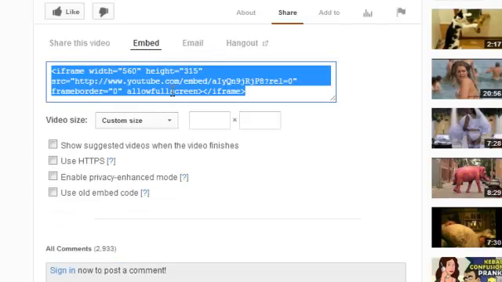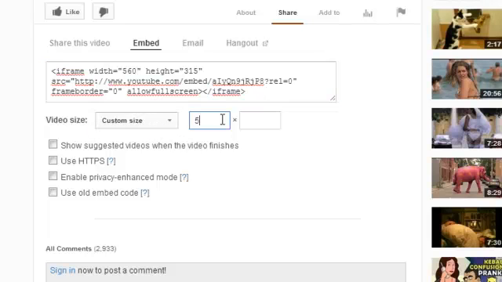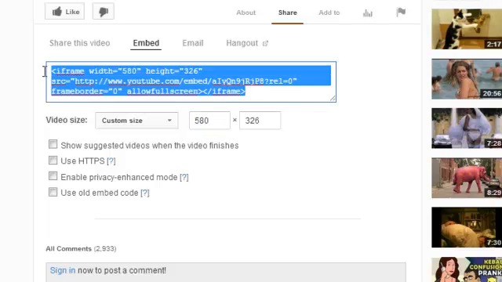And before you grab that embed code, you want to go down here to custom size and type in 580 in the first field, and that will automatically adjust the second number so you don't have to do that twice. That's just adjusting the height and width of your video. I found that 580 as far as the width is about right for the Empower Network blogs. And we're just going to copy this entire iframe code piece right in here.